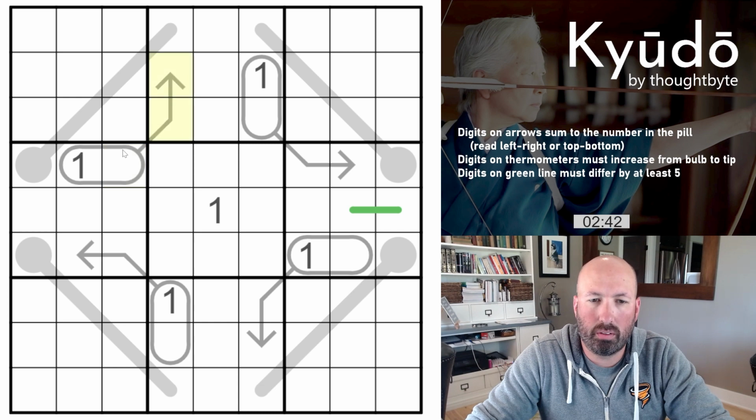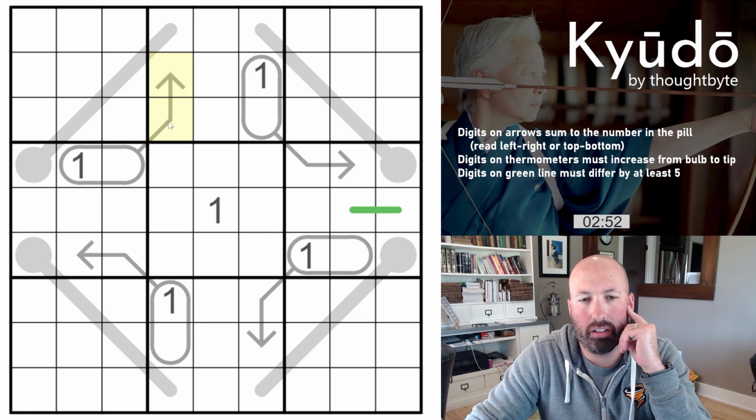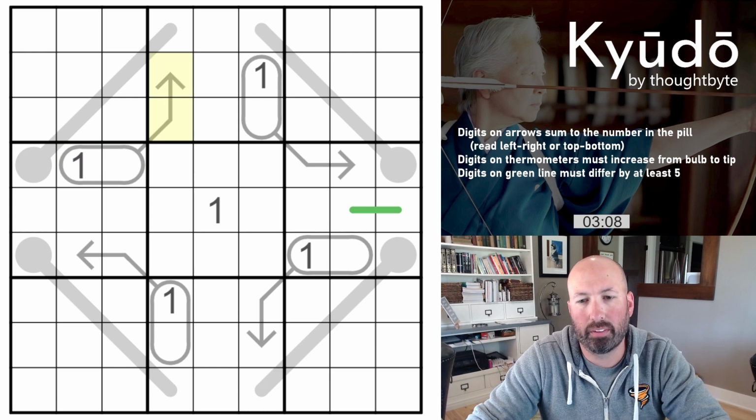So I can see that these are going to be basically 10 more than this one, on all of these. But that doesn't tell me much. Like if this is a 2, these have to be 12, and 3, 13. Obviously because the 2 with the 1 makes it 12, yeah. But